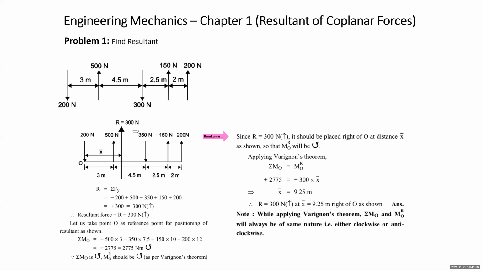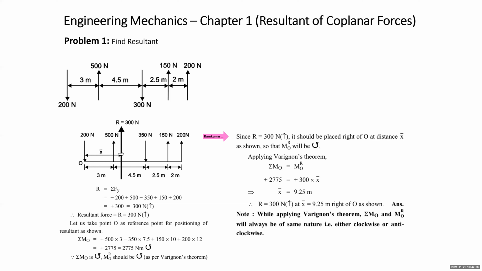of the resultant is anti-clockwise. Now see, this resultant is upward. The resultant can be anywhere, even outside the bar. I have shown it somewhere on the right hand side at some distance, upward. The resultant is upward, nobody can change its nature. So if I place it right of O, it will give me anti-clockwise moment about O. I could also place it left of O, since the resultant can lie outside the body also. But if I place it on the left hand side, it will give me clockwise moment, but I wanted anti-clockwise moment. That's why I have placed it right of O, anywhere at say distance x bar.